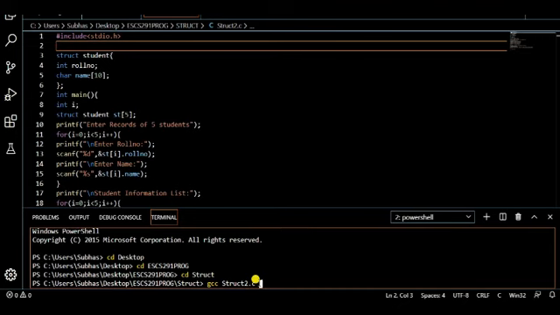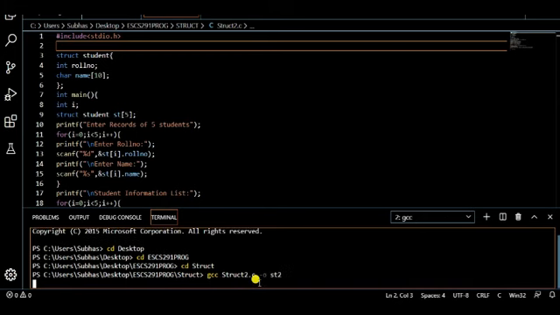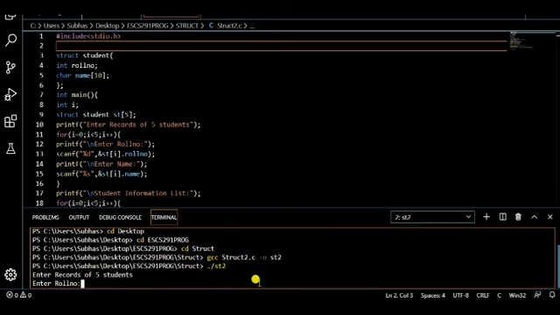struct2.c -o, then what is the new name? st2, for example. Then compilation is done, then ./st2.